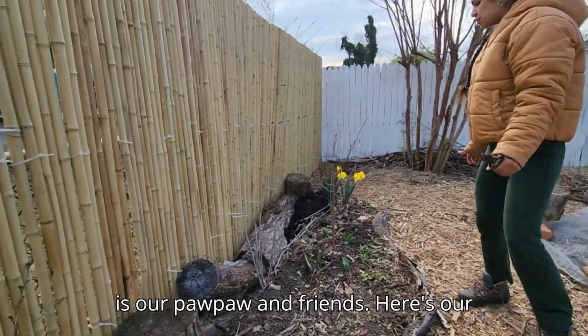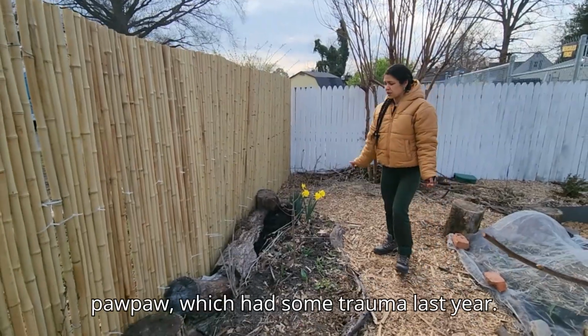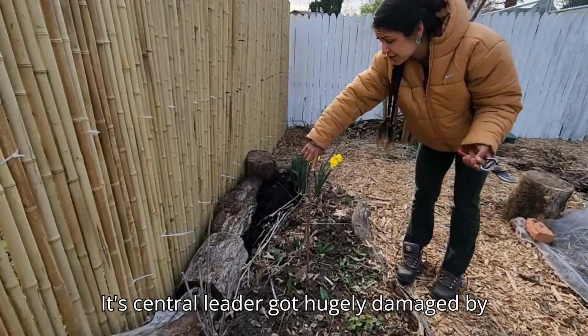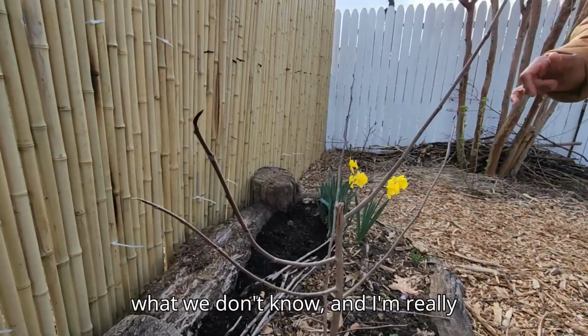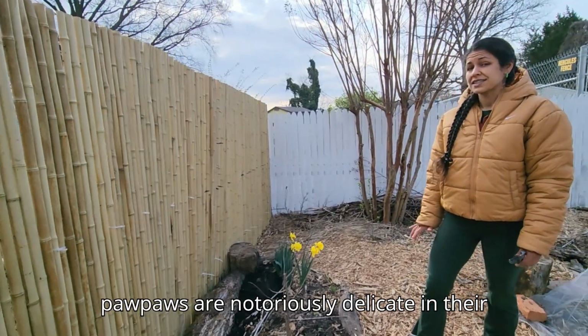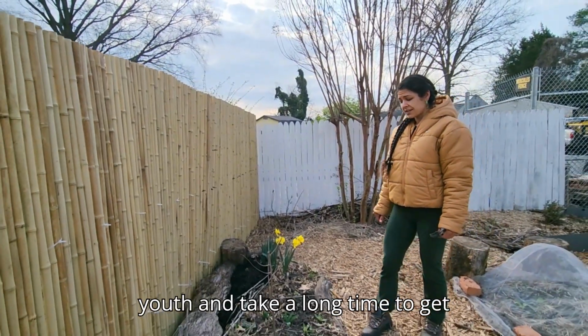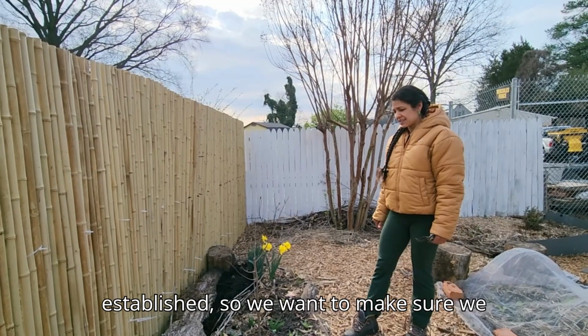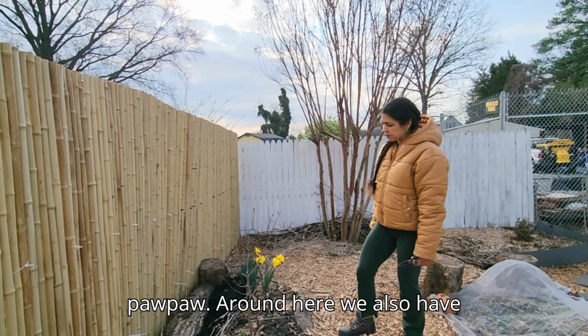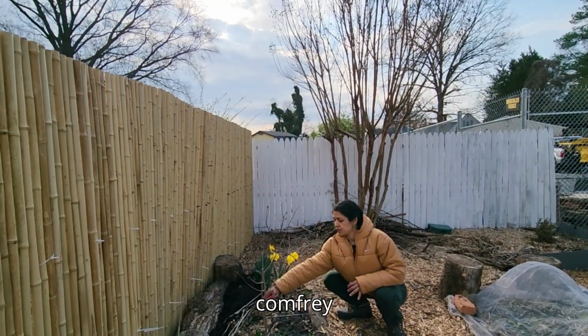This is our pawpaw and friends. Here's our pawpaw, which had some trauma last year. Its central leader got hugely damaged by we don't know what. And I'm really happy to see it bouncing back. Pawpaws are notoriously delicate in their youth and take a long time to get established. So we want to make sure we curate a nice environment for this pawpaw. Around here, we also have comfrey,